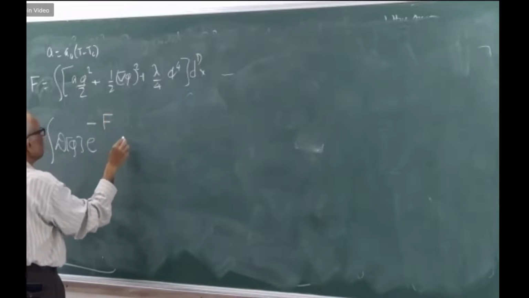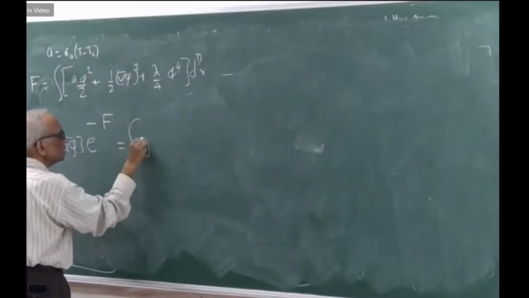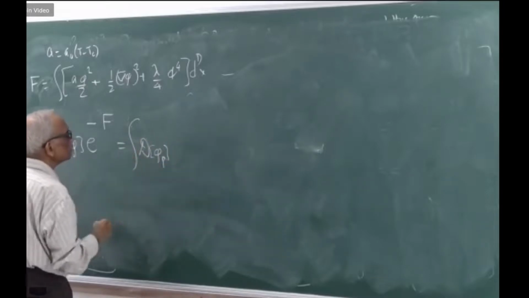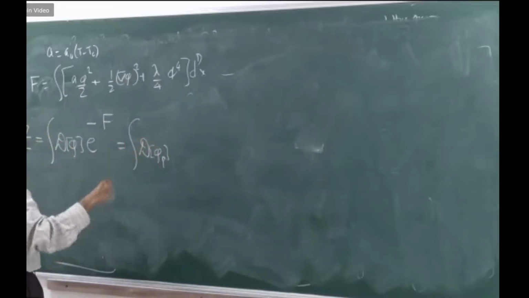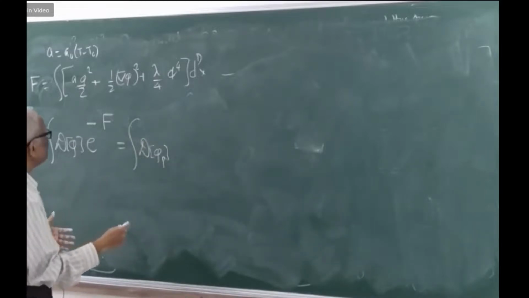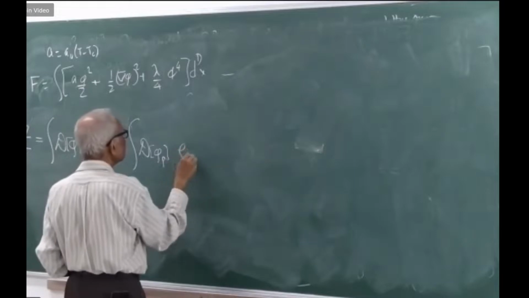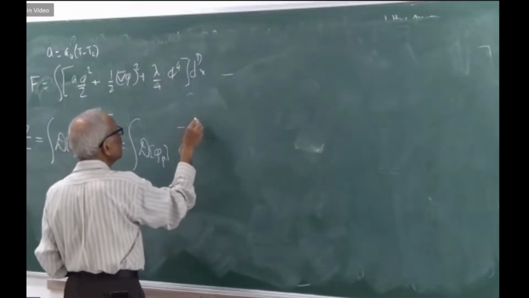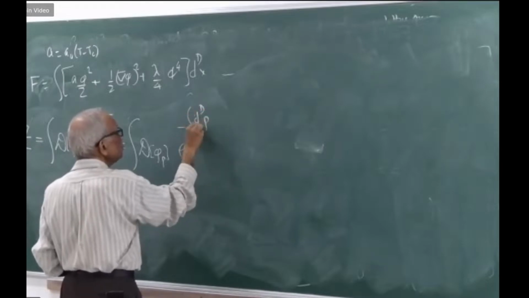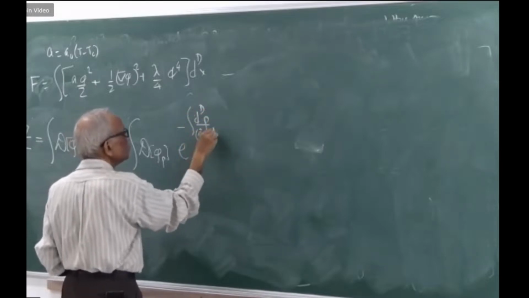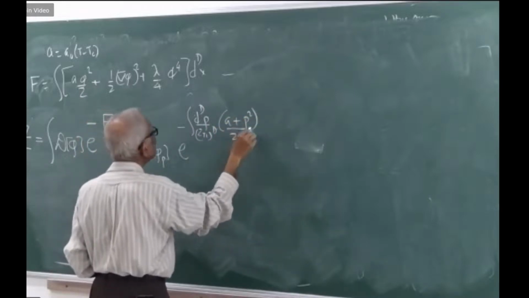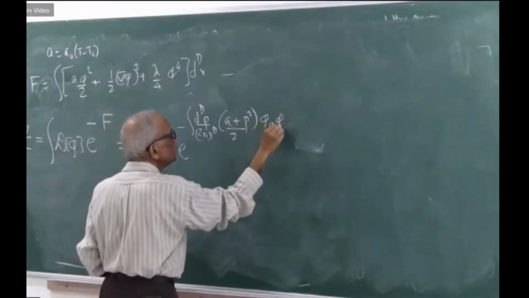It is equal to the integral of d phi p, a string of phi p's for every p, and then it is e to the power minus the integral d^dp over 2 pi to the power d of (a plus p squared) by 2 phi p phi